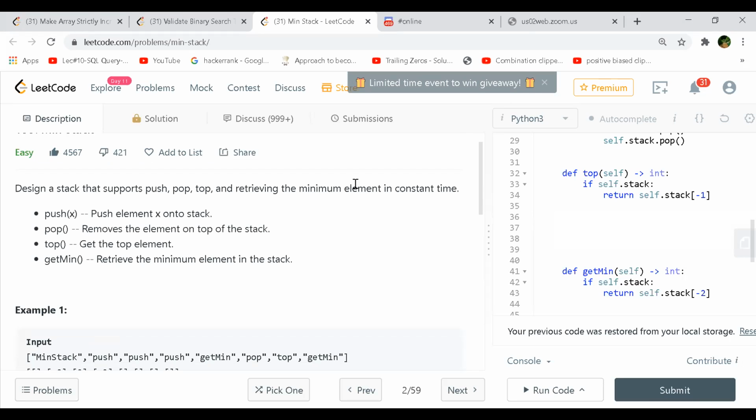The most naive way will be a two stack solution. You have two different stacks, one for the normal and one for the min stack, and you keep on pushing every time to the normal stack as well as to the minimum stack. You can always push whatever is the minimum till that current point, right? Then you can optimize on it, or you can use something better.